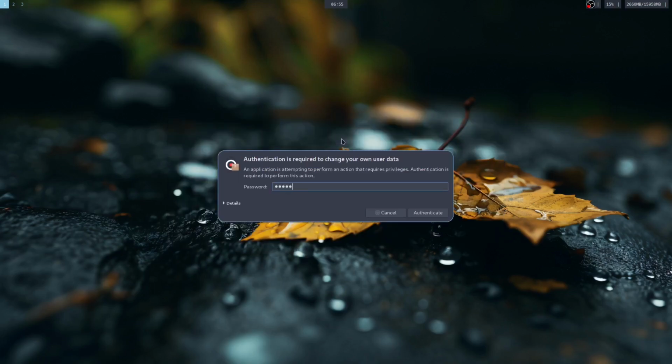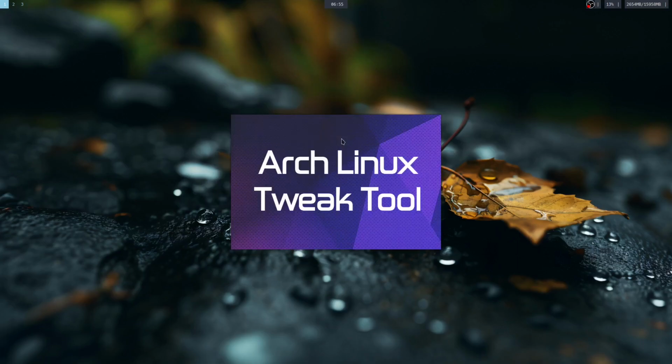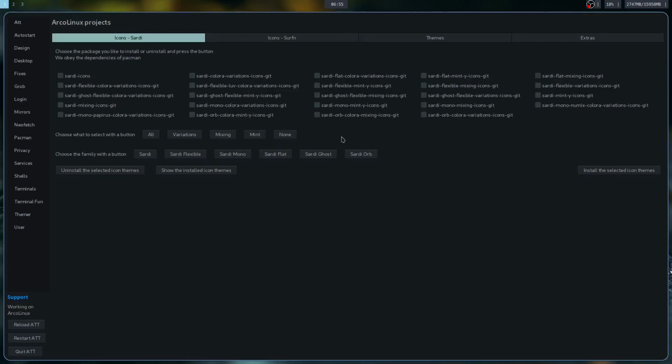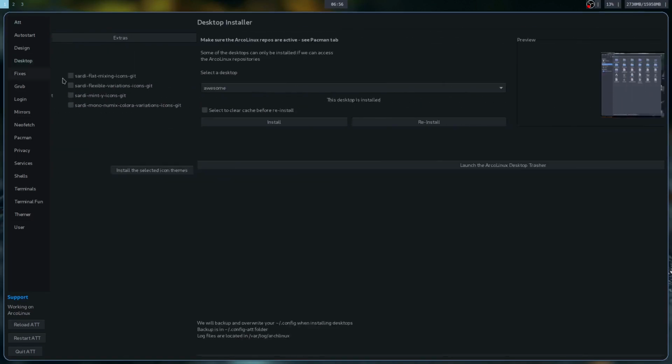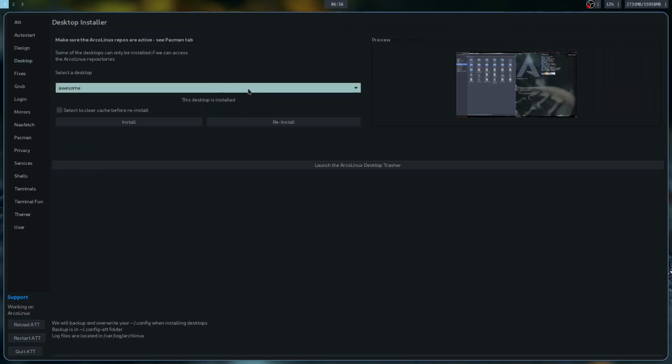You need a password for that. So this tool, it's really amazing. I'll show you in a second why. I already have a video on this tool, but I'm gonna show you real quick. So they have so many categories here that you can just select and start tweaking your Arch Linux system. At least for now it's only for Arch, but this here that says desktop, they have the choice